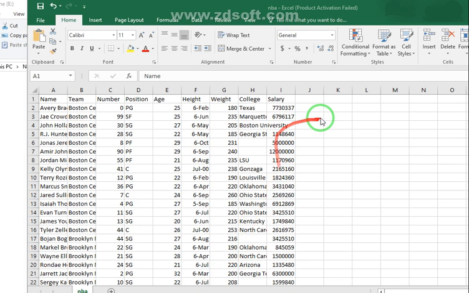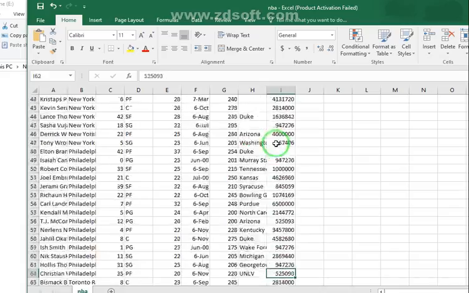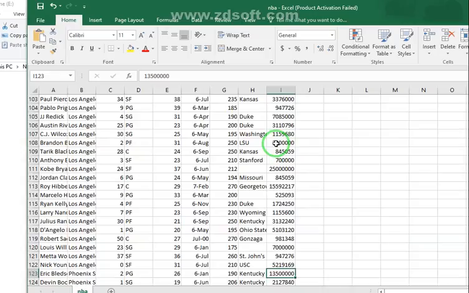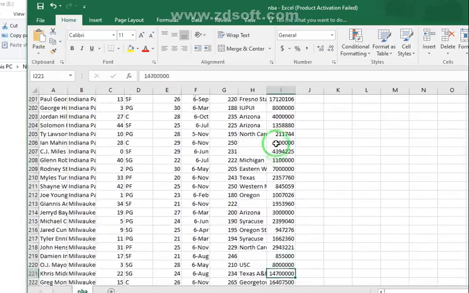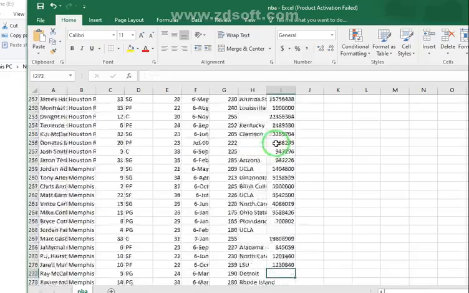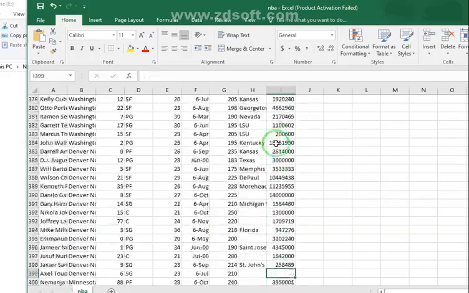Students, we are already familiar with the earlier NBA file. It contains the names of the players, their teams, and so on, and it contains a huge number of records. You can see how many records we have, more than 400, around 450.